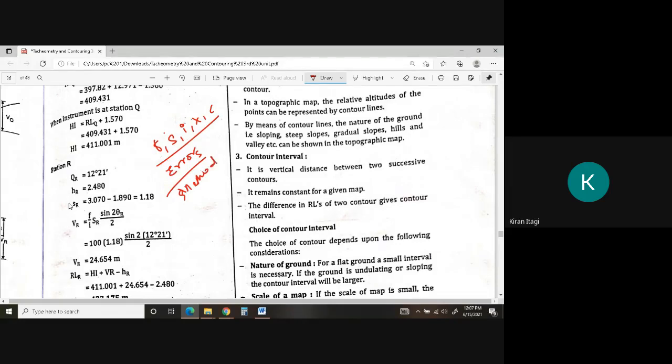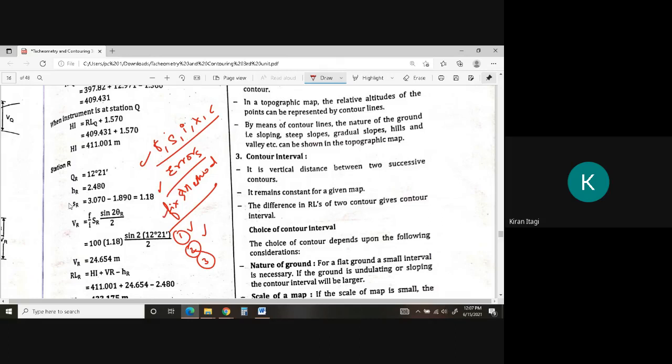Methods in stadia method, that is fixed and movable. Sorry, in the fixed method. Then remember the formulas for three conditions: case 1, case 2, case 3. The first two cases are most important. Only this much they will ask, and the first chapter in the third unit is very simple and small, so maximum questions will be based on these.